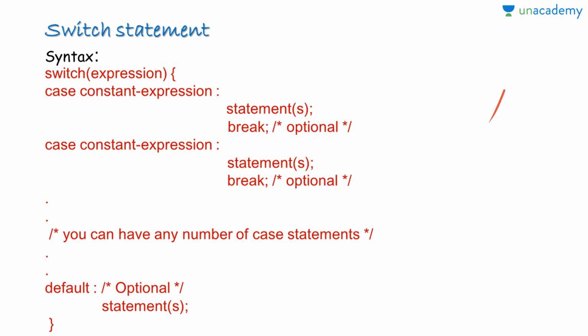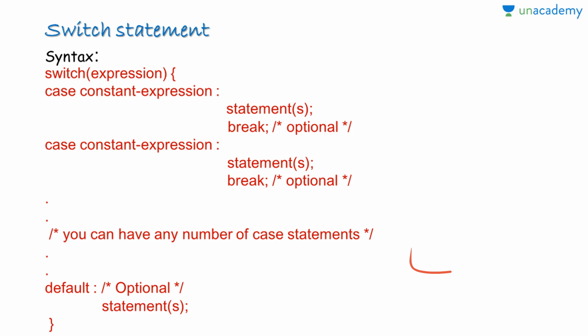So in the syntax, when a case constant expression is found that matches the switch expression, then the control of the program passes to the block of code associated with the case whose constant expression matches the switch expression. If this doesn't match, then move on to the next case and check whether the constant expression and expression match. If it matches, then program control moves to that code, else move on to the next case. So it keeps continuing like that.